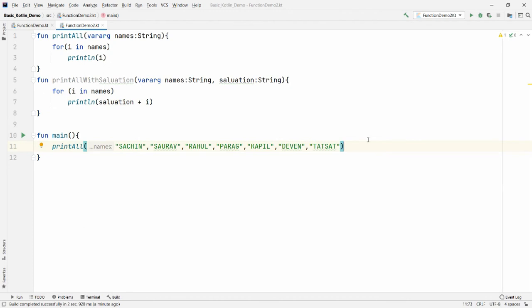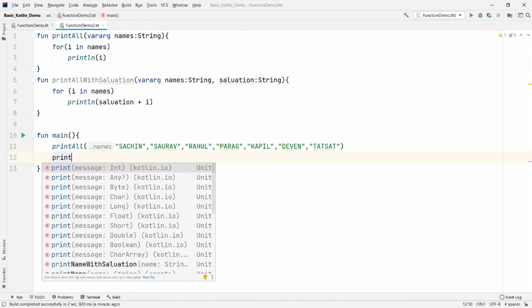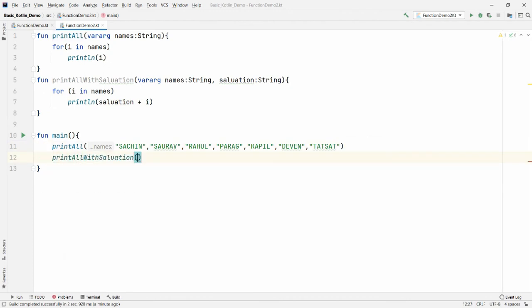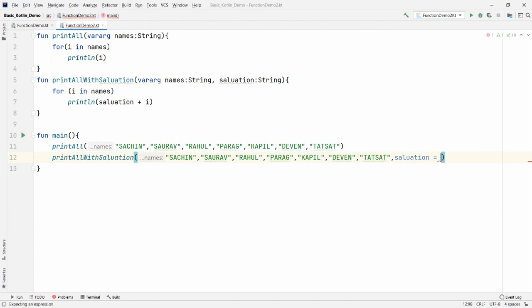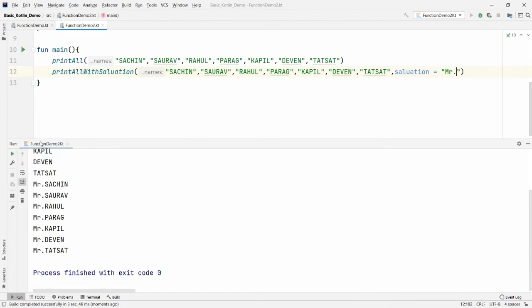For example, I'm calling this function, printAllWithSalutation, with the same data that I have. So I'm passing the same data over here. But now I'm passing salutation equal to, and the value is Mr. Now if you run this, you will get the output, where Mr. will be added to each and every name.